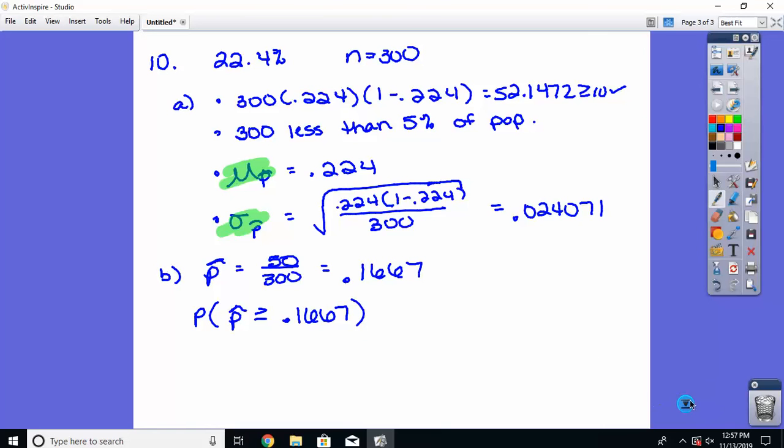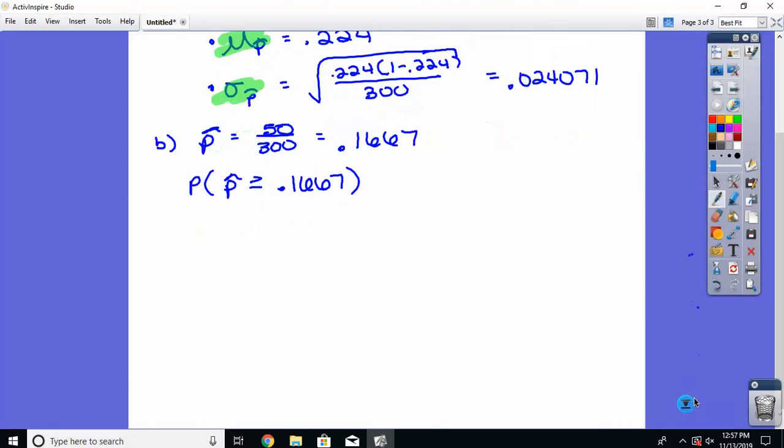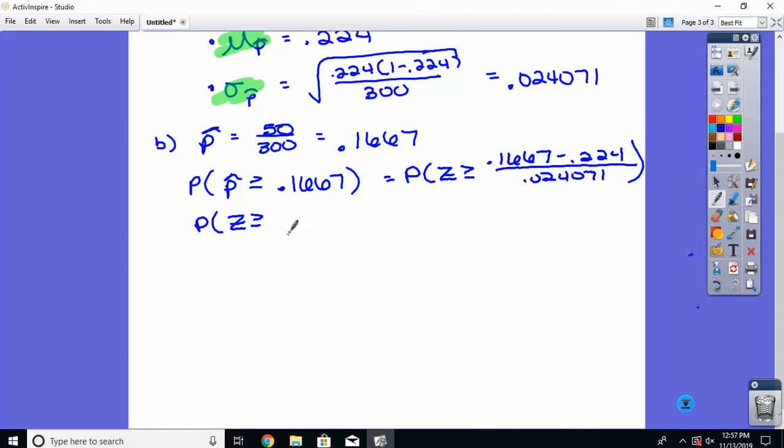It really helps. Some of you like to show as little work as possible, but it really helps you to organize yourself if you write out these steps. Show me your P hat, show me we're finding the probability that it's greater than. So now we need to convert this to a Z. So you do your P hat minus the mean divided by the standard deviation for P hat. Okay, if you divide those, we get Z greater than or equal to